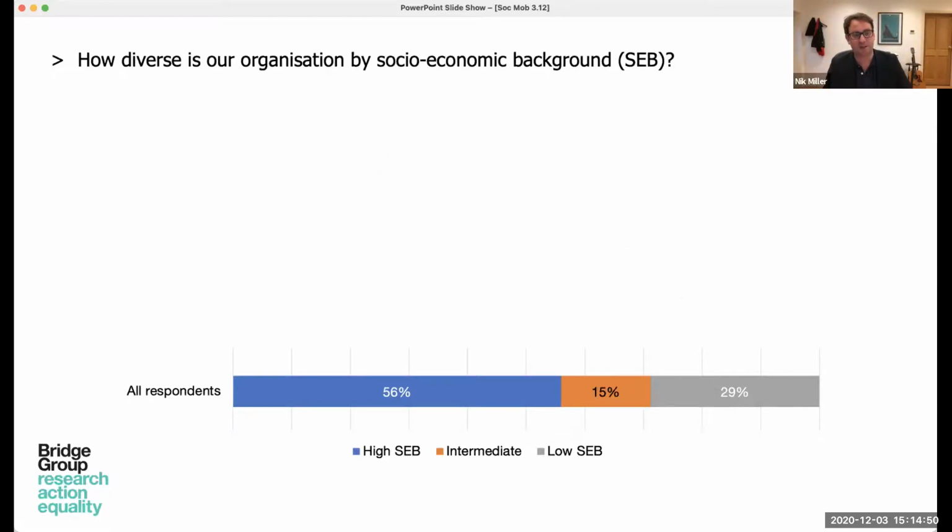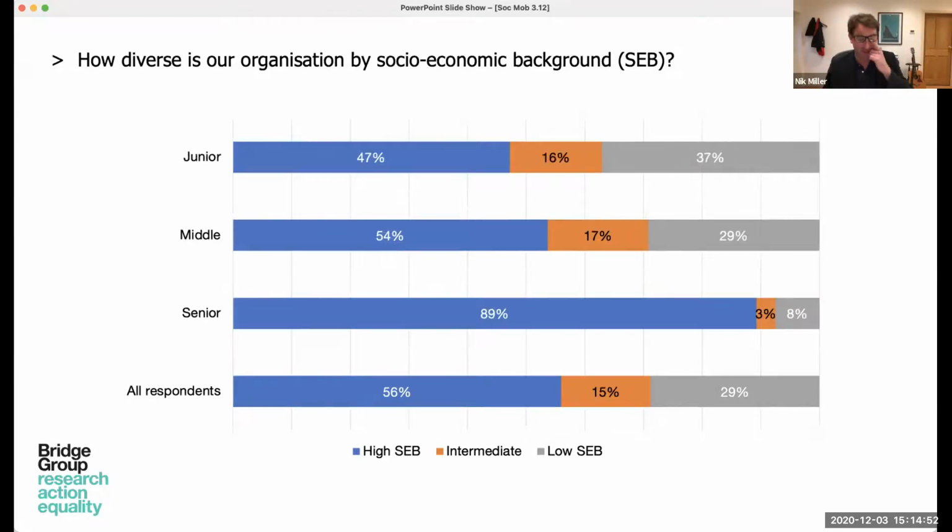So we can start to look at data by levels of seniority. And again, this is 8 leading financial services firms. When I share the slides, I'll include the references, of course. So we can now begin to understand the patterning of the workforce. And again, this is to my point earlier about diversity decreasing as we get to more senior levels. I've been in board meetings where even this type of data is quite surprising to people. This type of patterning, I think, would apply to most organisations that we've worked with.